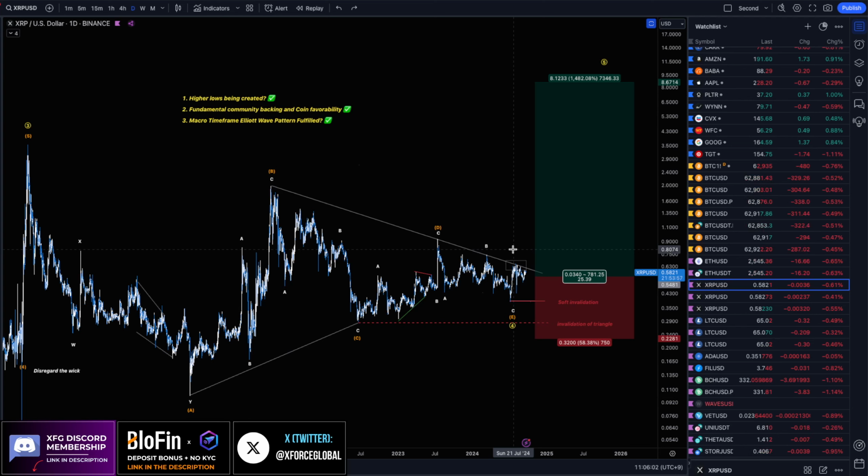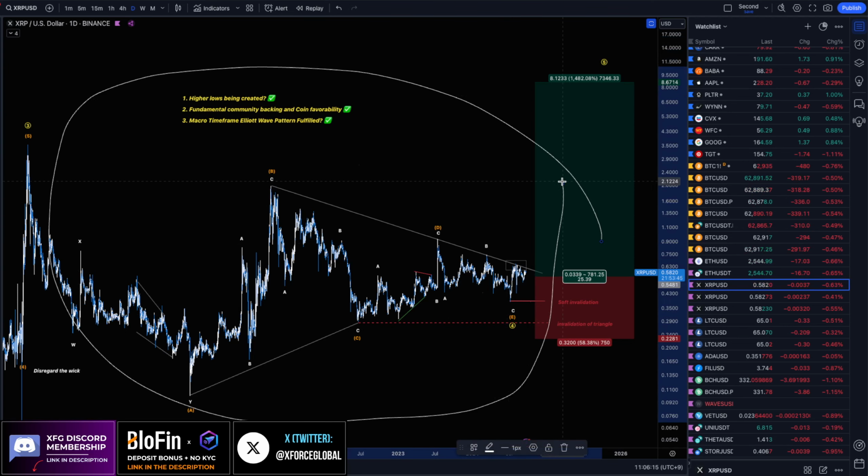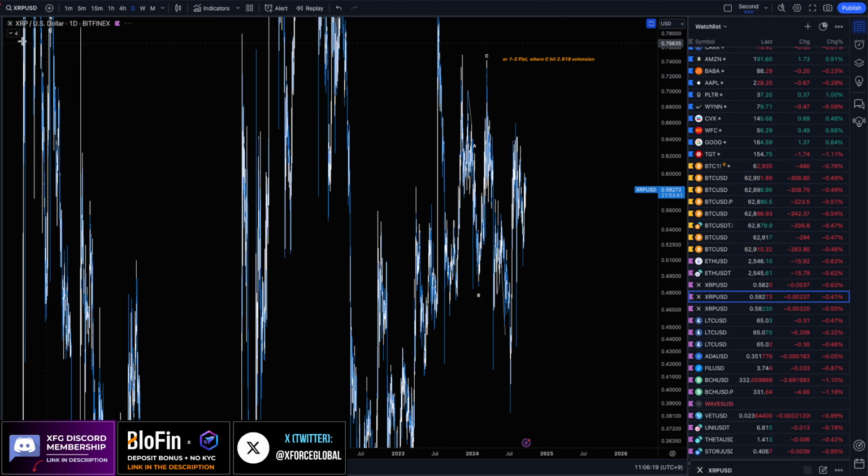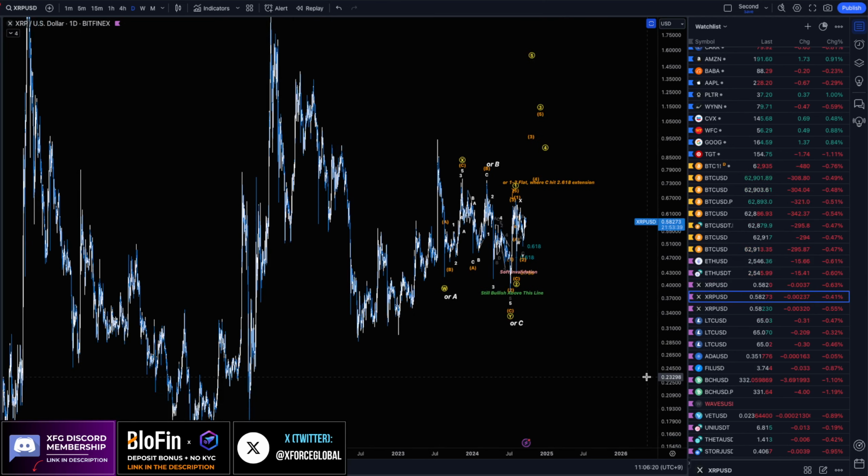So based on not just fundamental community backing, we are seeing a lot of basic, simple technical analysis being built up on top of what we can see from an Elliott Wave perspective. So this move here on the macro structure is looking phenomenal. If we take a look at the zoomed in perspective for the final part of how we can be